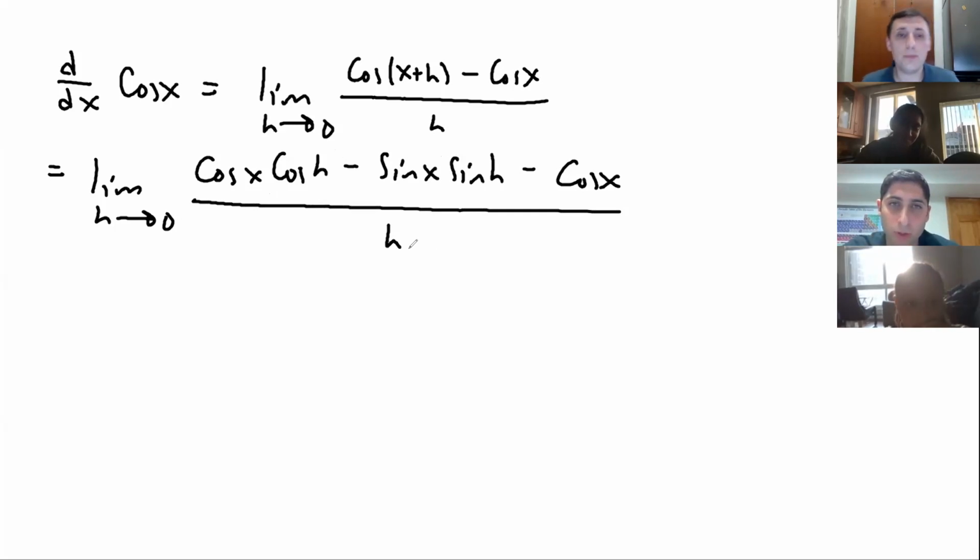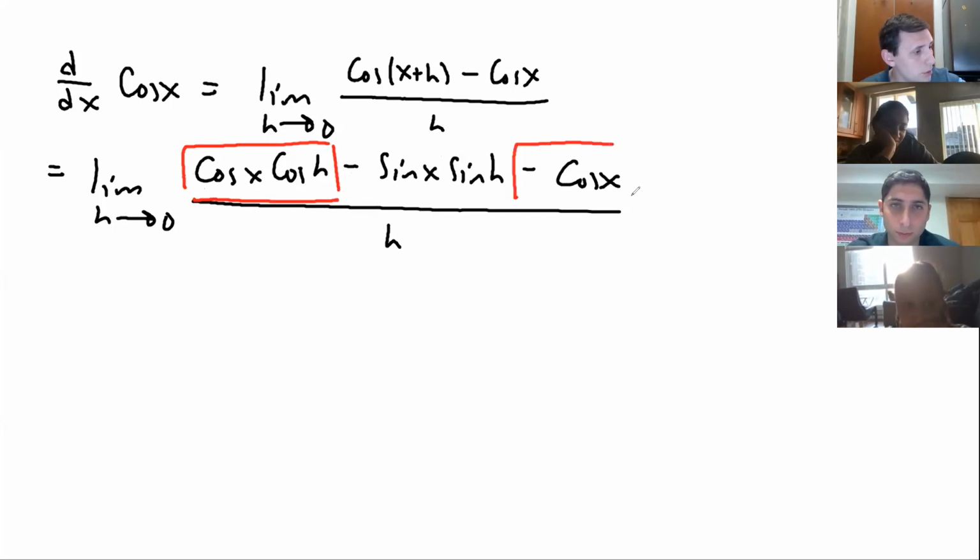Now I can group terms where I can factor out, let's say, cosine x, and terms where I can factor out sine x, because cosine x and sine x are not influenced by the limit. h can do what it wants. So here you can see are the terms that contain cosine x. And here is the term containing sine x. So breaking it apart,